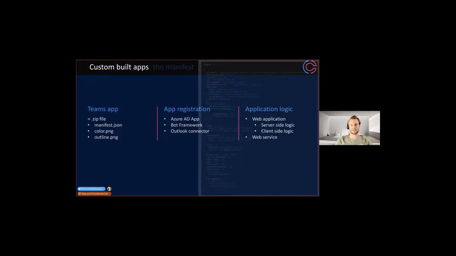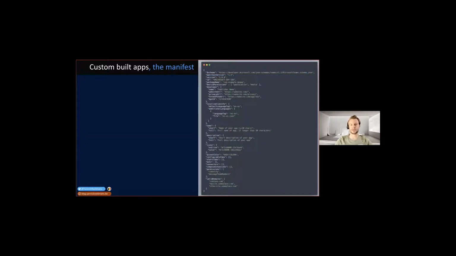Let's dive into the manifest, because it's one of the most important parts of your Teams application. It describes all the functionality that your application wants to inject inside Microsoft Teams. So the manifest describes the package name and the device permissions, but also the developer name and privacy URL, for example, and some localization information to tell Teams in which languages your application is available. You put in a name and a description, you provide some icons, and then you provide the functionality. The functionality is provided in the empty arrays at the bottom of the manifest.